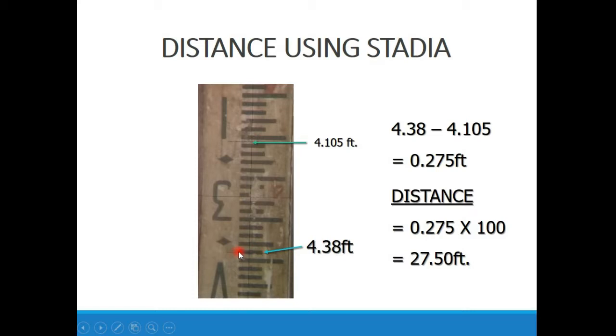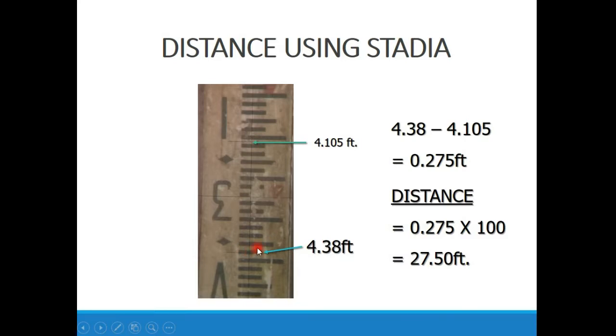Then let's go to the upper Stadia reading. This is just above the line, so it is online. On the upper Stadia reading, we still have 4.1. This is 4.2, and there's 4.3 here. So it's 4.31 here, 4.32, 4.34, 4.35, 4.36, 4.37,